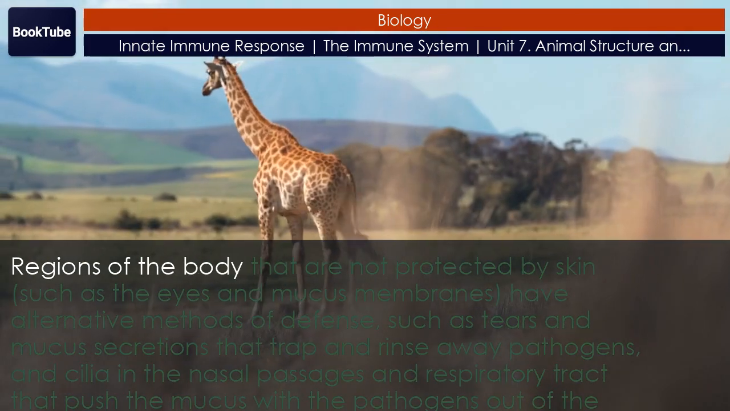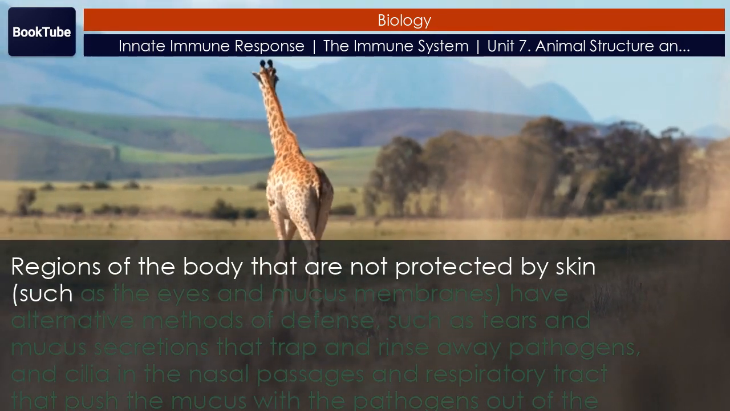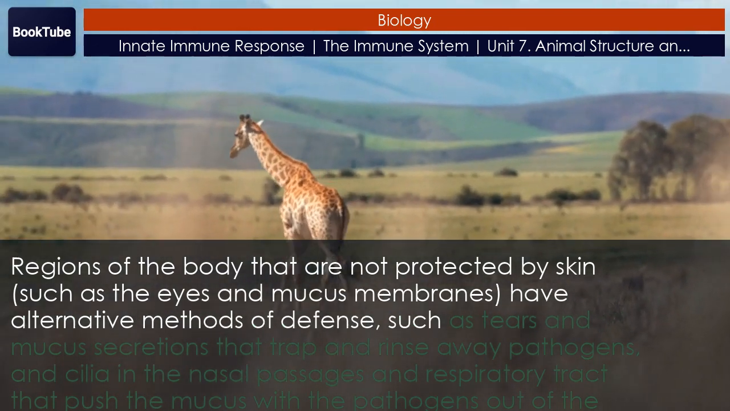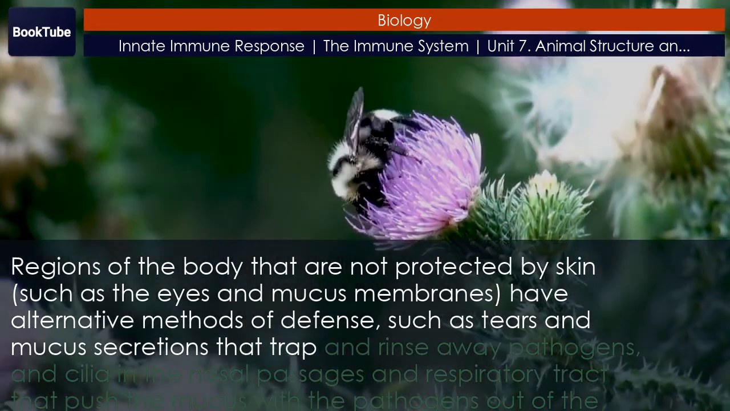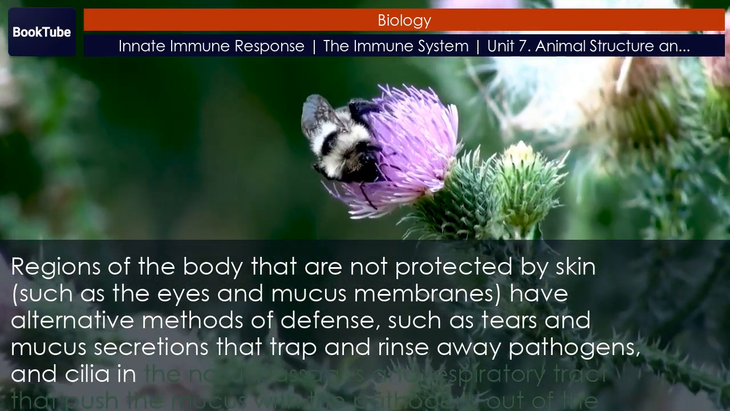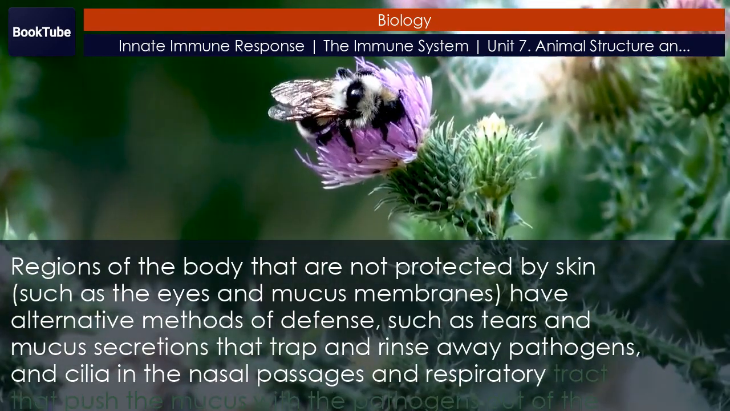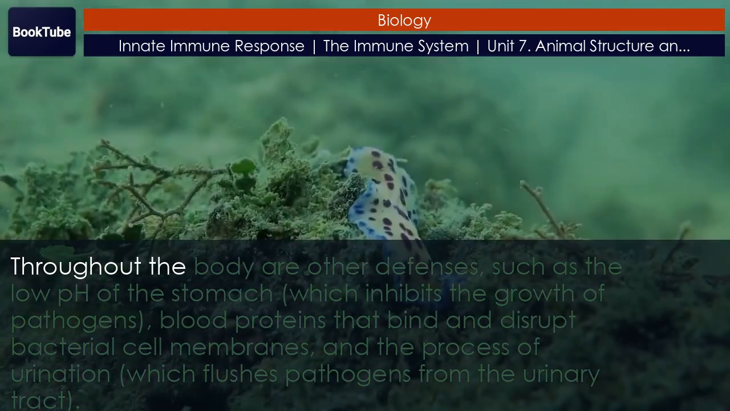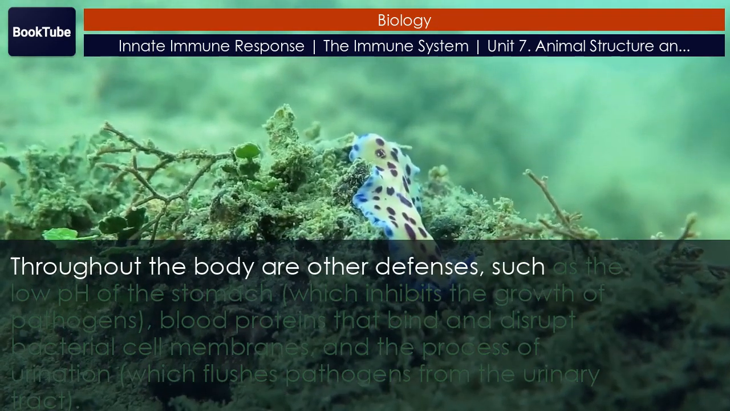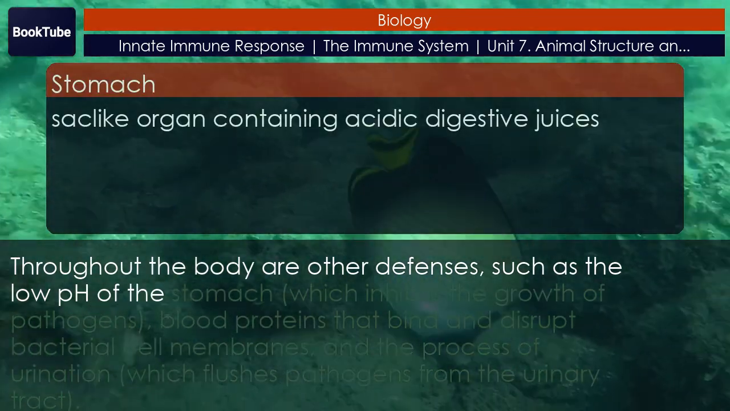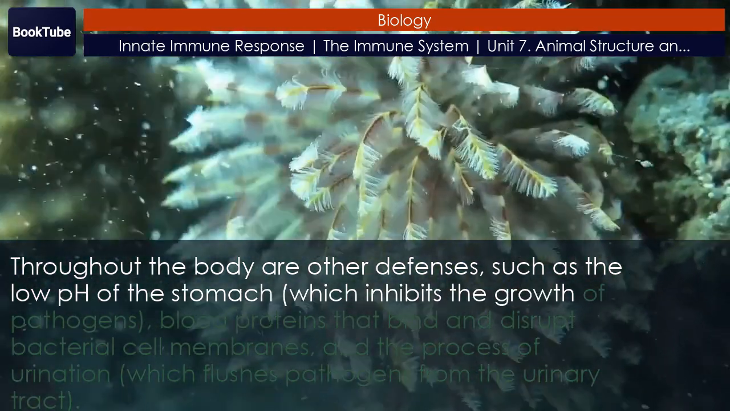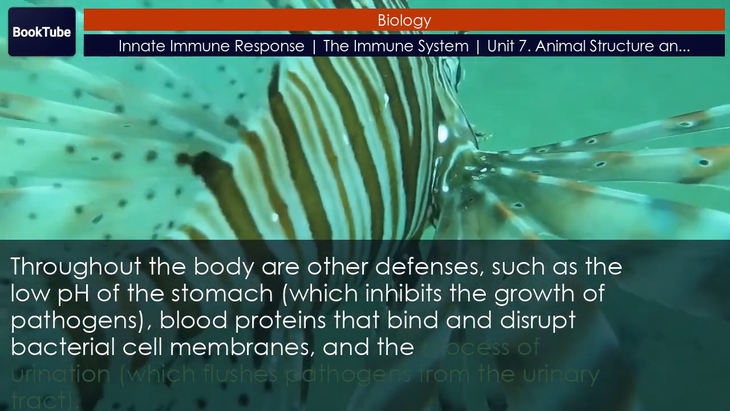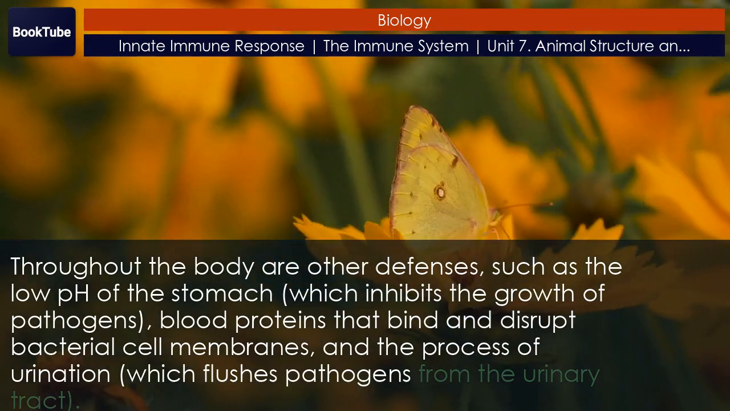Regions of the body that are not protected by skin, such as the eyes and mucous membranes, have alternative methods of defense, such as tears and mucus secretions that trap and rinse away pathogens, and cilia in the nasal passages and respiratory tract that push the mucus with the pathogens out of the body. Throughout the body are other defenses, such as the low pH of the stomach, which inhibits the growth of pathogens, blood proteins that bind and disrupt bacterial cell membranes, and the process of urination, which flushes pathogens from the urinary